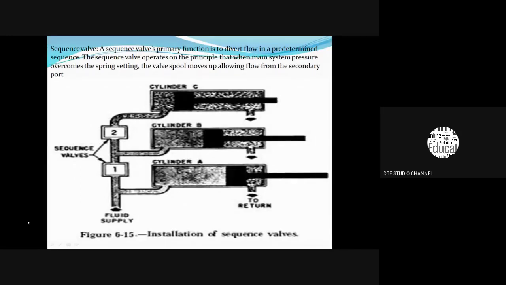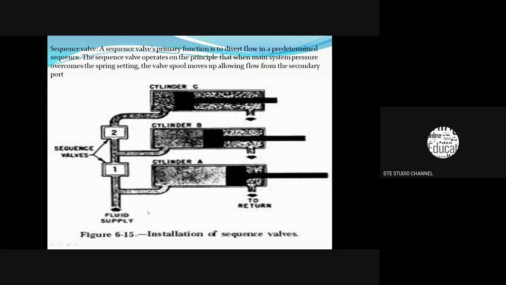Based on this principle, another control valve is there, the sequence valve. In the sequence valve, instead of using separate pressure relief valves for a number of cylinders, the figure shows 3 cylinders A, B, and C, and they are separate actuators. Usually separate relief valves are required for the working of cylinders A, B, and C. But by using a sequence valve, the sequencing of